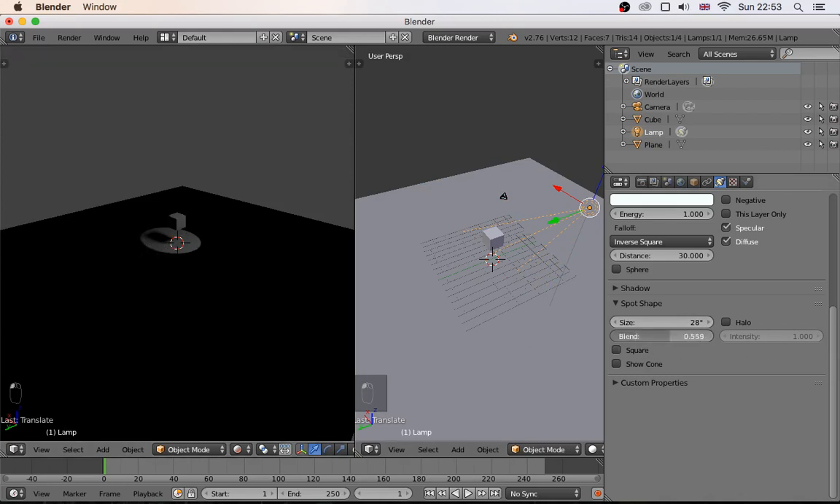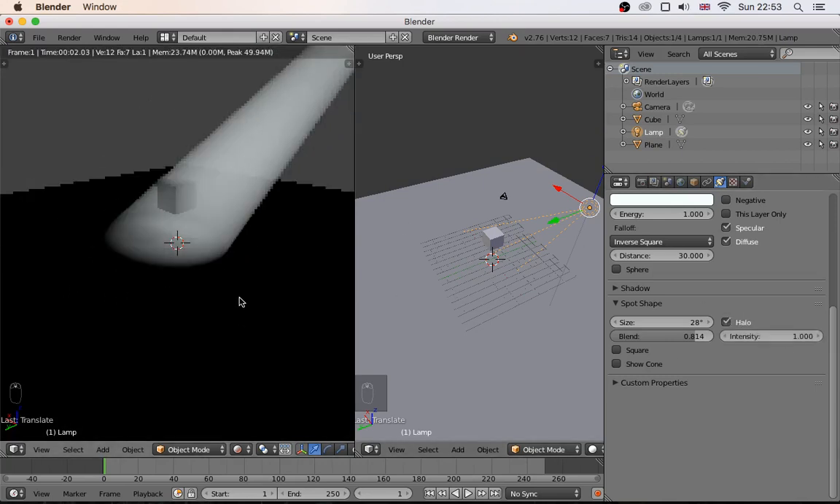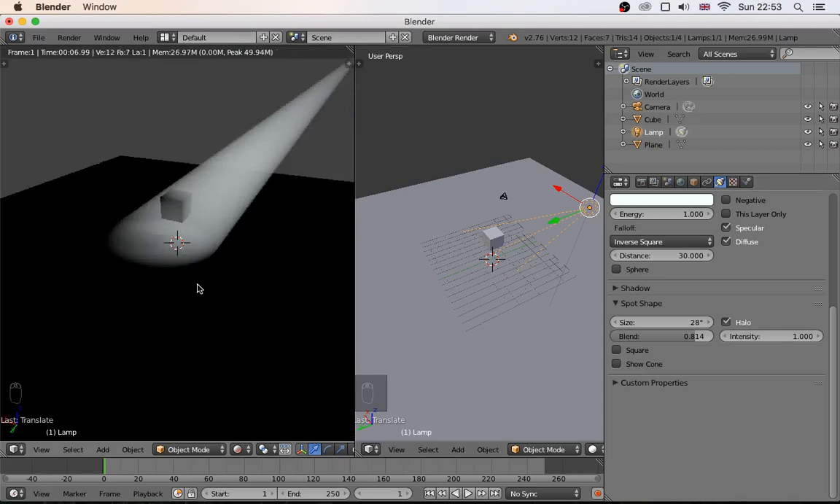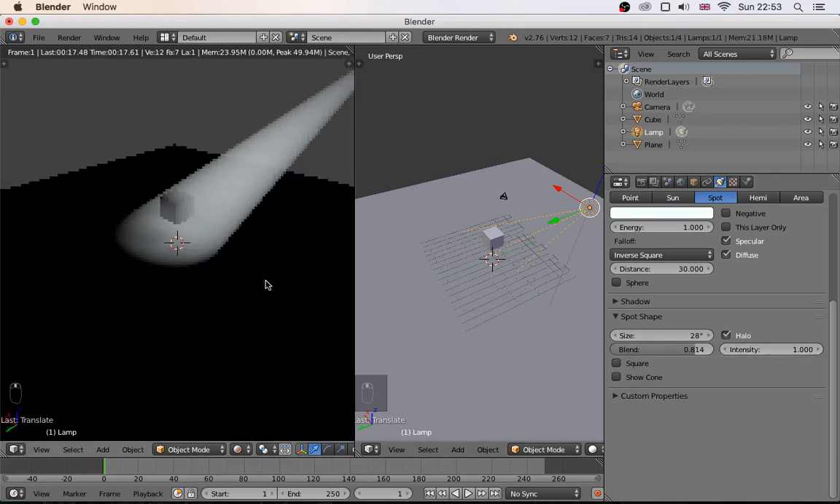So if we turn that up, you'll get a lovely soft edge to your light there. Let's come in a bit closer. Check that out. Okay. What is quite nice is this halo option. So you'll get that sort of simulation of light coming through atmosphere, coming through smoke. We can turn the intensity down. One is a little bit too dense there, so turning that down will give you a slightly more realistic look,